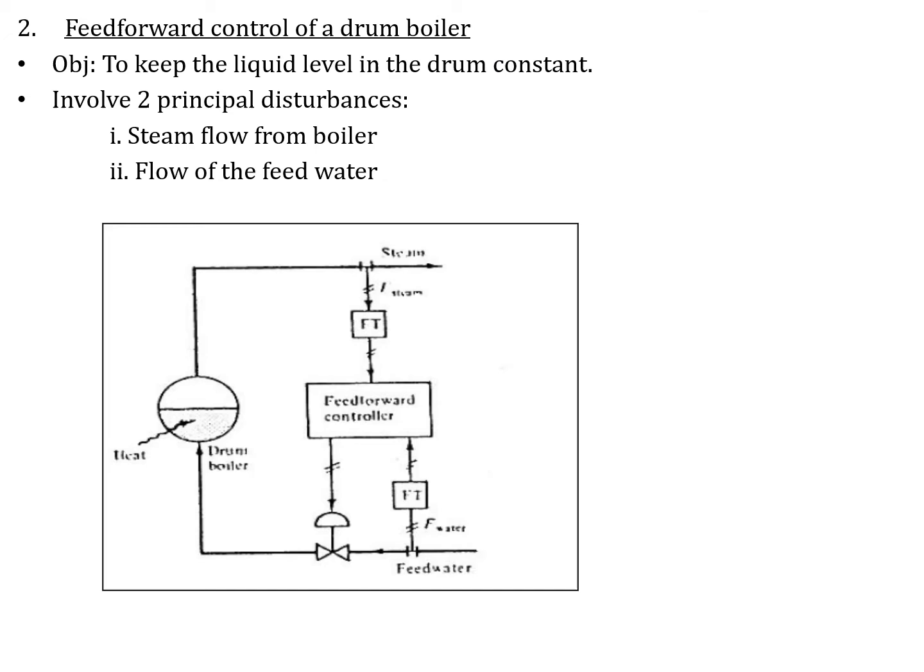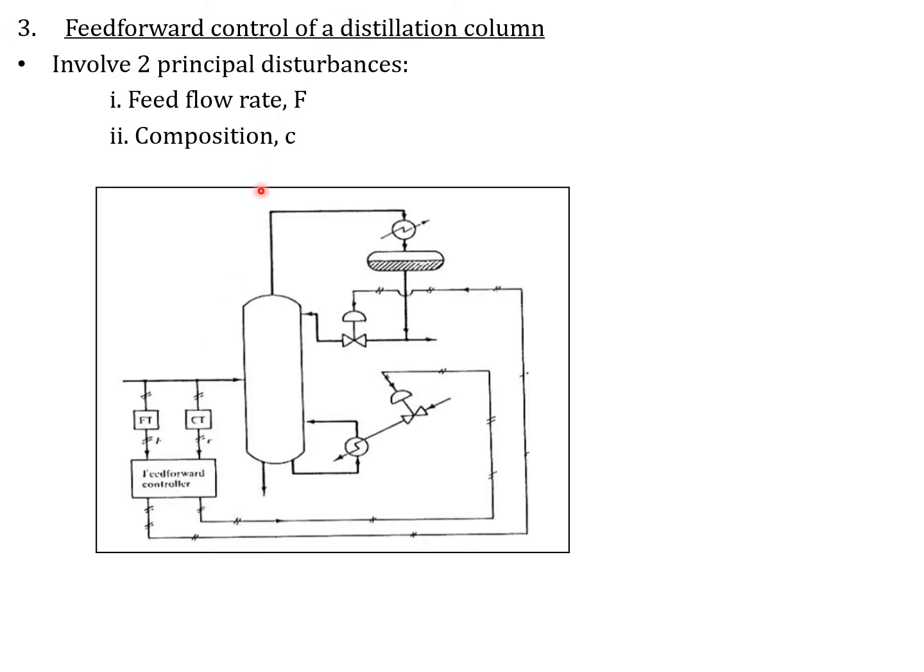Another one is the drum boiler, to keep the level in the drum constant. Again, it measures the steam flow from the boiler, and also the flow of the feed water. These are disturbances, acted on by the feedforward controller to control the feedwater input into the drum boiler. Another one is the distillation column. Disturbances from the feed flow rate are measured, taken care of by feedforward, and then act on the reboiler control